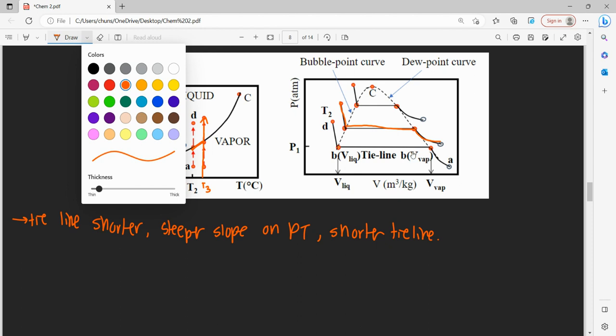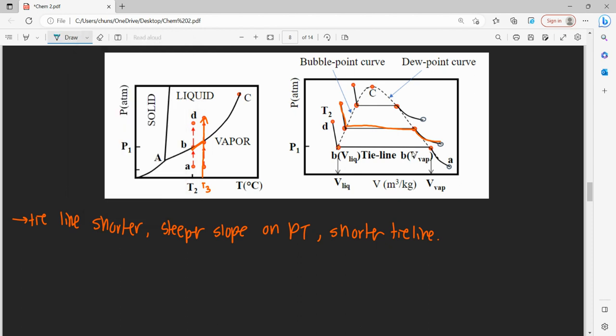And if we were to add another process here, that could represent this point, this isotherm here. So as you add more and more isotherms, if you were to connect them together from the left side of their tie lines to the right side of their tie lines, this becomes the,